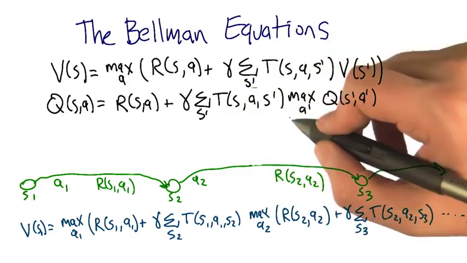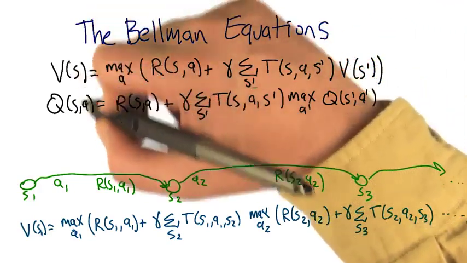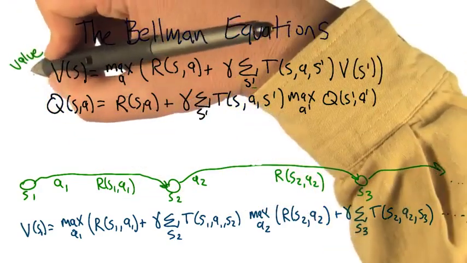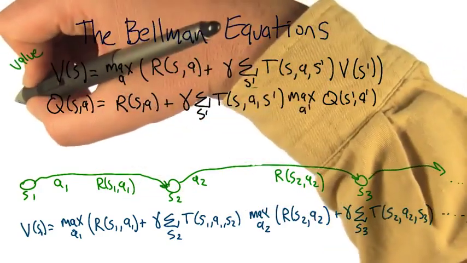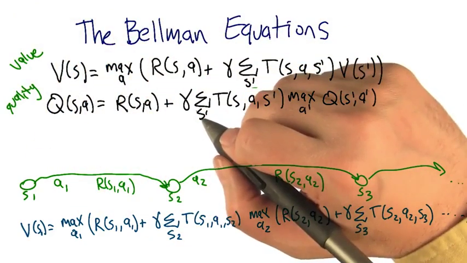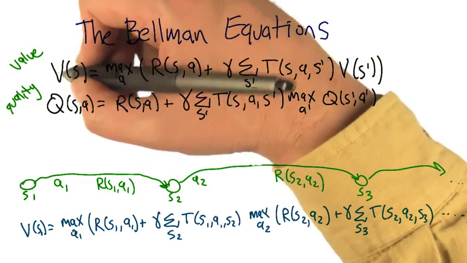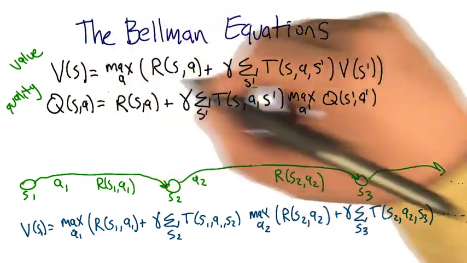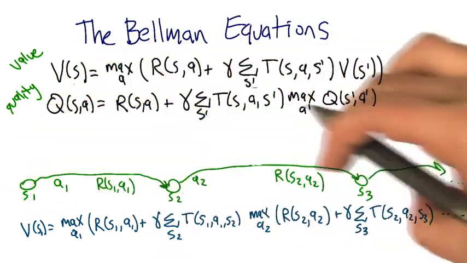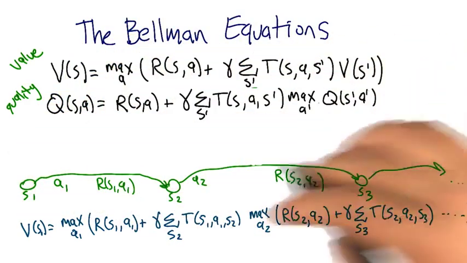All right, so here's a summary of what we were just talking about. We actually have these two different forms of the Bellman equation. One V, which we can think of as standing for value, and one Q, which we can think of as standing for quality. But mostly they're just letters from the end of the alphabet that we made up names for. So you had U for utility, this is V for value, and Q for quality. But anyway, the point is that these are just expressions that represent different pieces of this overall sequence of states